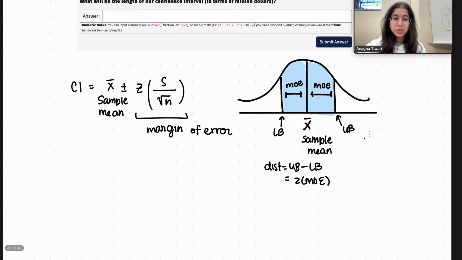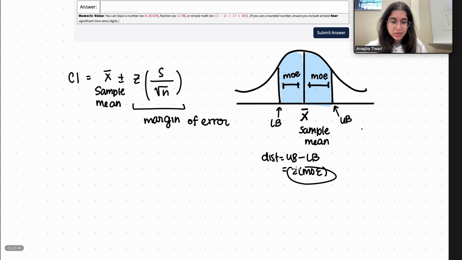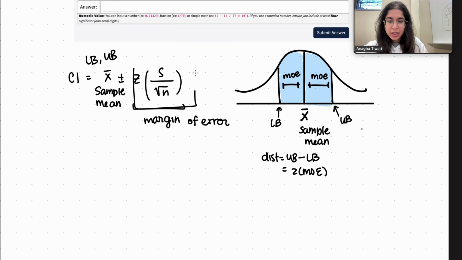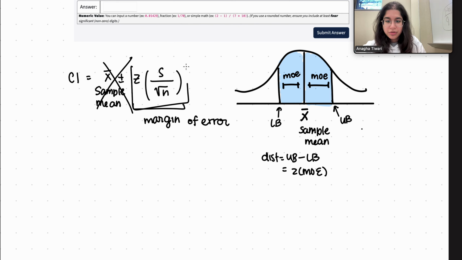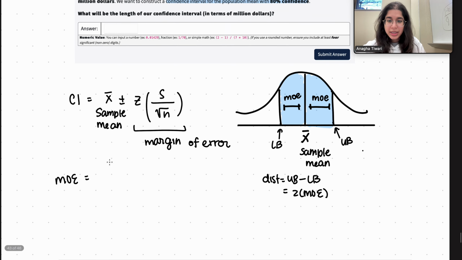So there's actually 2 ways to do this problem. I think using 2 times the margin of error is simpler, because you don't have to calculate the lower bound and the upper bound and then subtract them. That's honestly a bit redundant. You can just calculate your margin of error and then multiply by 2. I think that's a bit faster. So here, I'm going to ignore this part and just focus on the margin of error over here. The MOE is going to be our Z